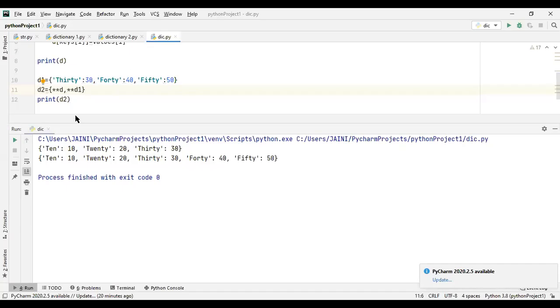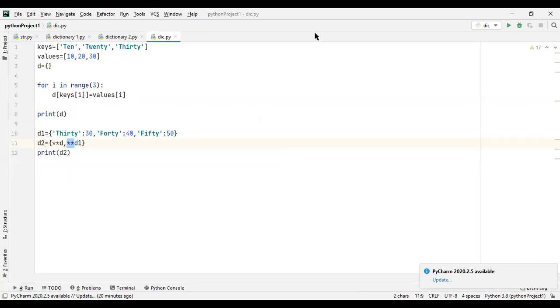Okay, so you will use these 2 stars, which is a reference point which says refer to the first dictionary and then refer to the second dictionary, and you will get the output, which is both the dictionaries together. Okay, now we will change some values in the existing dictionary and check. Suppose we take D2 and we will change this 30, 40 into 60.